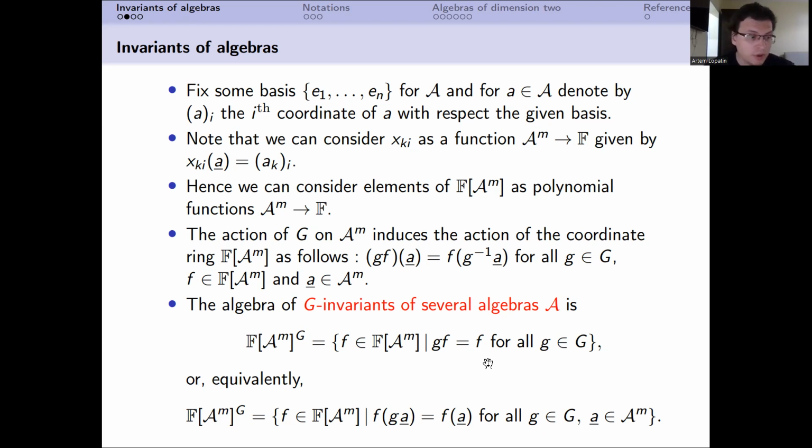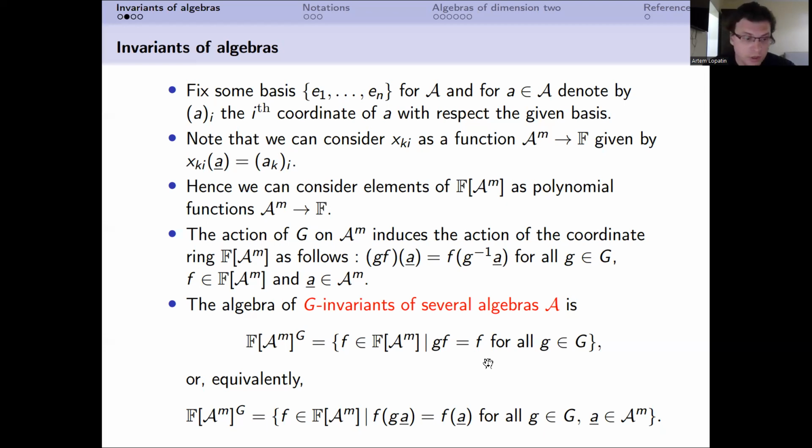Now, for example, everybody knows what the canonical Jordan form of a matrix is. Imagine we have one n by n matrix, and we have another matrix which acts on our first matrix by conjugation. The field is algebraically closed, and then the canonical form is given by the Jordan canonical form of a matrix. Here we can also calculate invariants. They will be just traces of powers of a matrix. That's it. They will not separate all orbits.